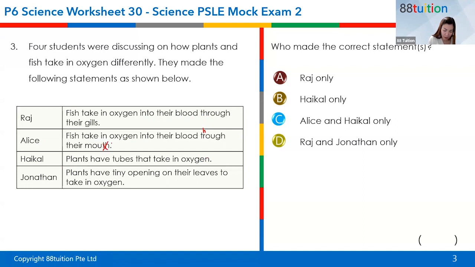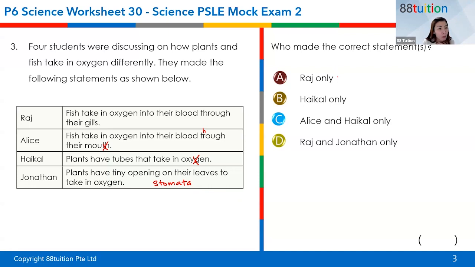This is definitely wrong, and this is definitely wrong, right? Plants have tiny openings on their leaf to take in oxygen. We call this tiny opening the stomata. Okay, stomata. If you write down stomato, you will be given the mark. If you accidentally, right? Yeah, so if you make the mistake, it's because you chose A. Yes, and 2% chose A, yeah? Raj, you know why or not?